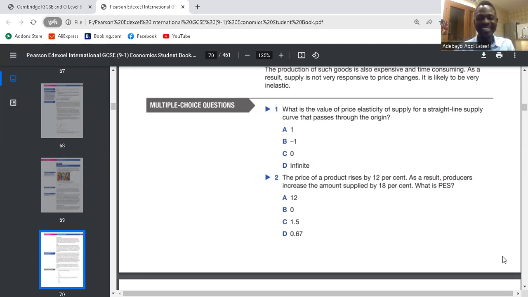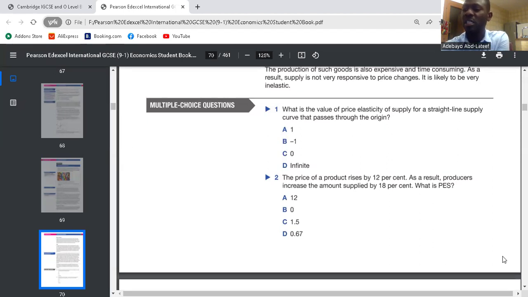One, yes, thank you. Question two. The price of a product rises by 12%. As a result, producers increase the amount supplied by 18%. What is PES? Your pen, please. The paper, please. Let me do that for you. Paper. Thank you. So we said PES